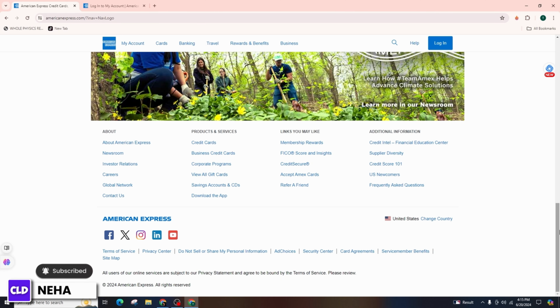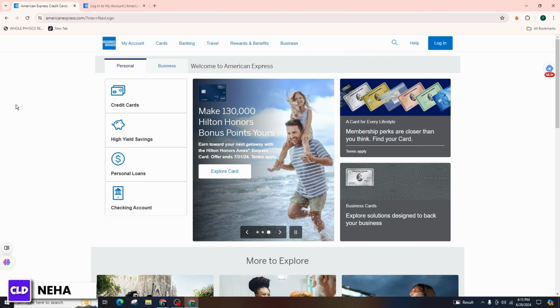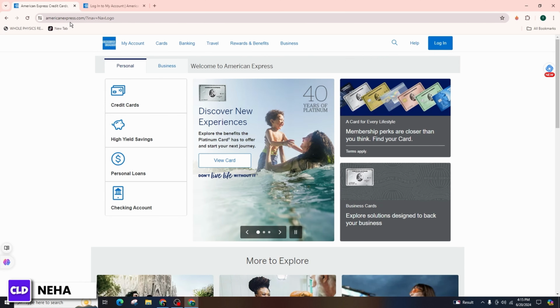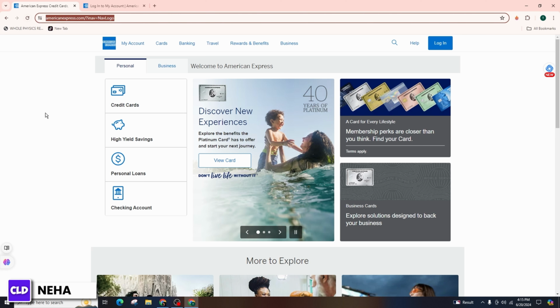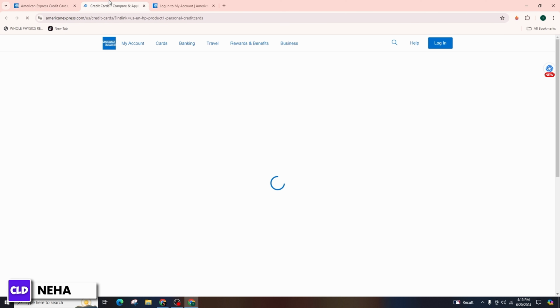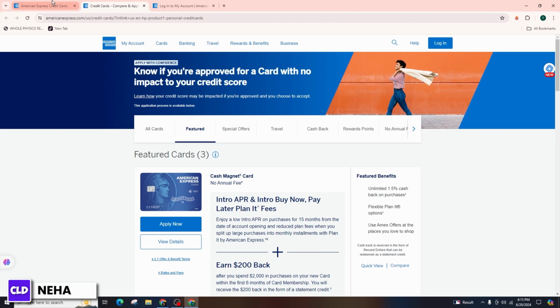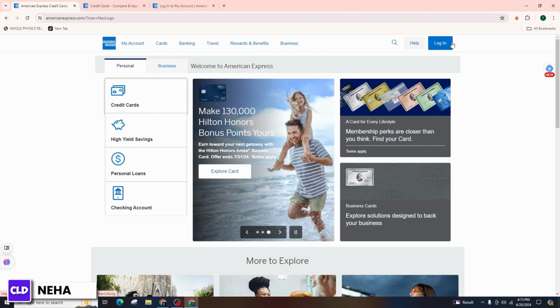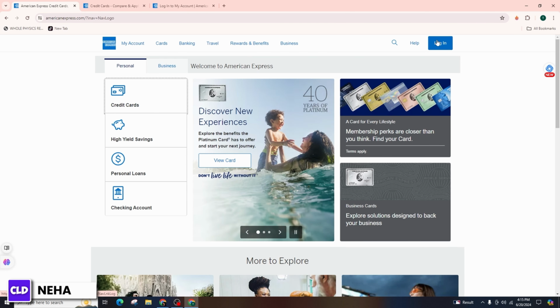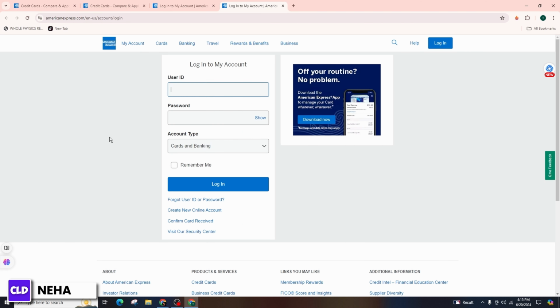So let's get started. First of all, you have to launch any of your web browsers and type in americanexpress.com in the search bar and hit enter on your keyboard. Then you will come across the official website of American Express, and from here, look at the login button that is highlighted in blue color in the top right corner of the screen. Click on it. This will directly take you to the login portal, from where you need to enter the correct